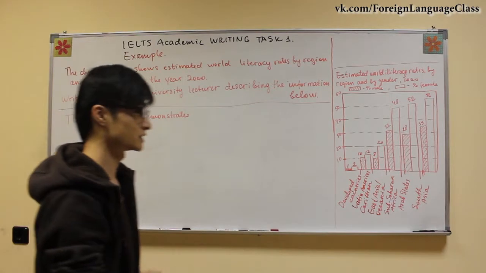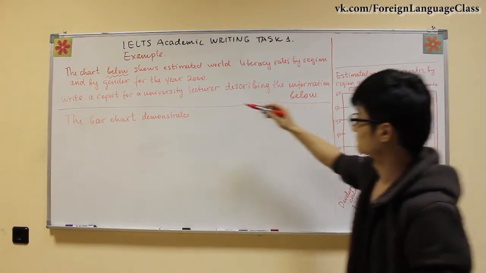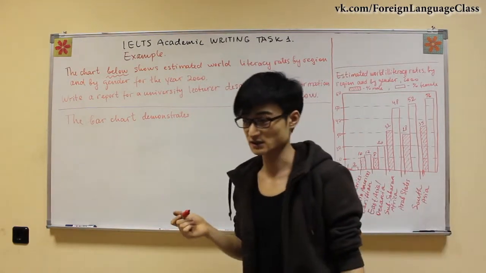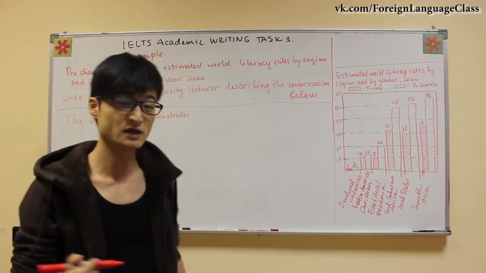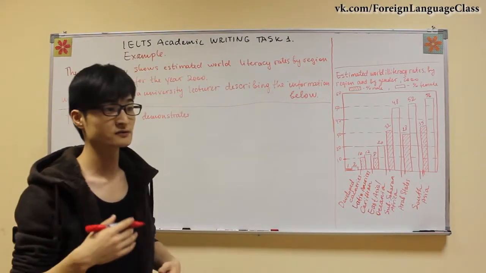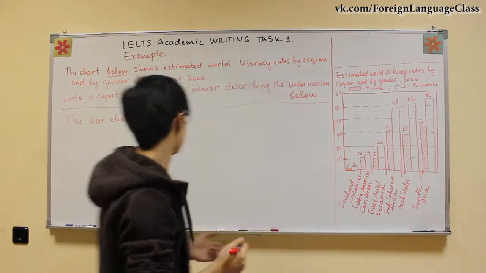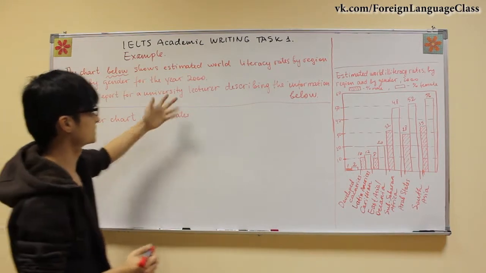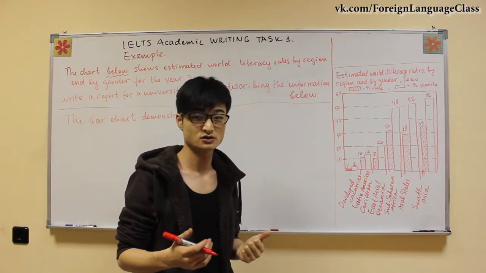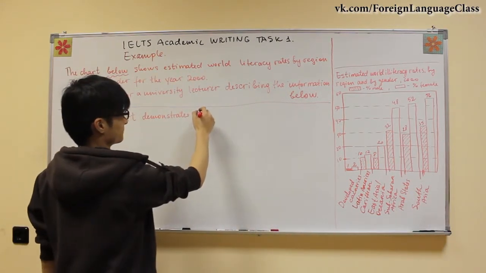Demonstrates. Now, what does it demonstrate? Estimated world literacy rates by region and by gender, but it's not a good idea to write the task word for word. We should rephrase it, use different words as much as possible. Okay, the bar chart demonstrates what is literacy rates. Literacy rates is level of education. Okay, the bar chart demonstrates how